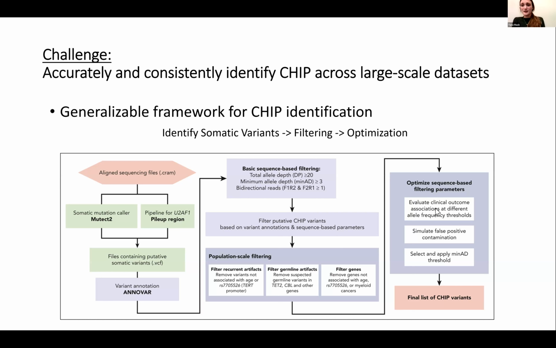Yeah, that's a great question. Generally the way we do that is we have a total allele depth coverage filter first. For any site to even be considered, there has to be a depth of 20 or greater. That means that when we have the minimum allele depth for the alternative allele, it tends to be at least 3 out of 20. So there is a minimum cutoff of sequencing reads that have to come in for that site first. Once we're confident with that threshold, we add the alternative allele threshold on top of that. Any site that doesn't have an adequate number of reads would be filtered out before we even get to the alternative allele depth. Does that make sense?